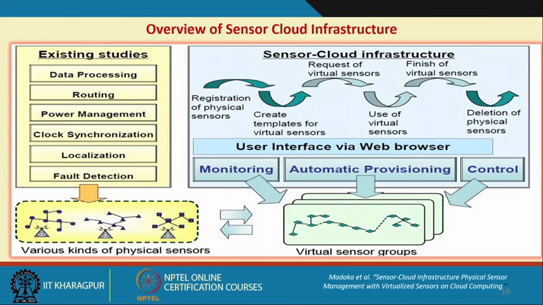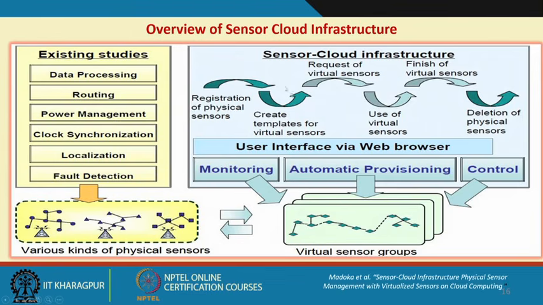So, we can have one overview of the sensor cloud infrastructure. There is the standard way of looking at it: data processing, routing, power management, clock synchronization, localization for direction. These are the physical sensors that have to be there. What we try to do is have a virtualized scenario over the physical layer, as we have seen in the cloud, which helps me look at different user-related issues, right. So, I now have a set of virtual sensors or virtual sensor groups which can answer